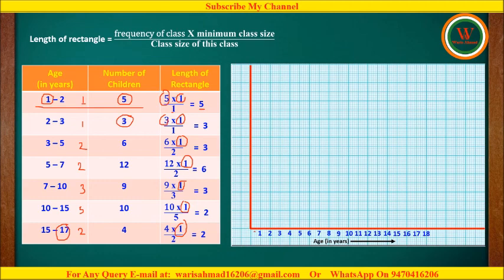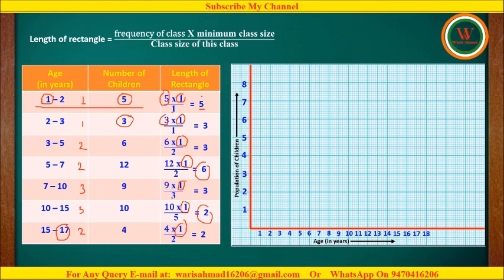Similarly, we have to label the y-axis also. Here the minimum value is 2 and the maximum value we are having is 6. So we can write here 1, 2, 3, 4, 5, till 6, but I have taken till 8. Then we can write here population of children, or we can say number of children also. Now we will draw the histogram of all these data.